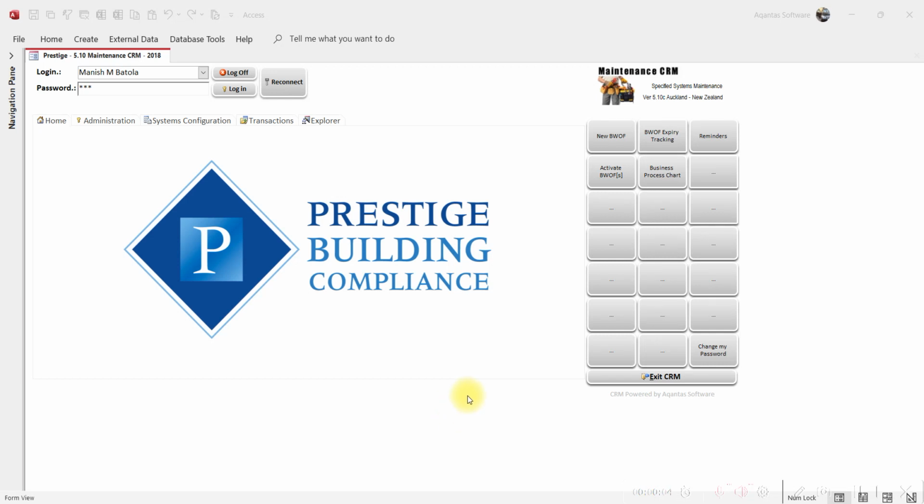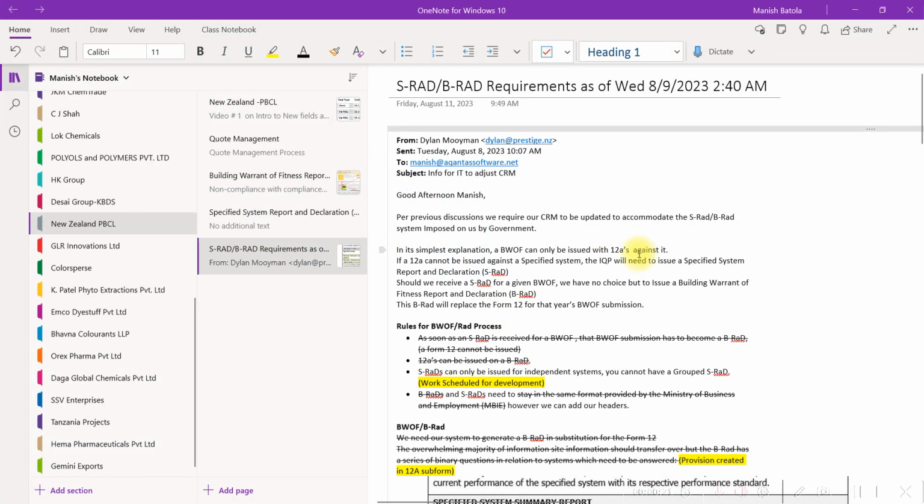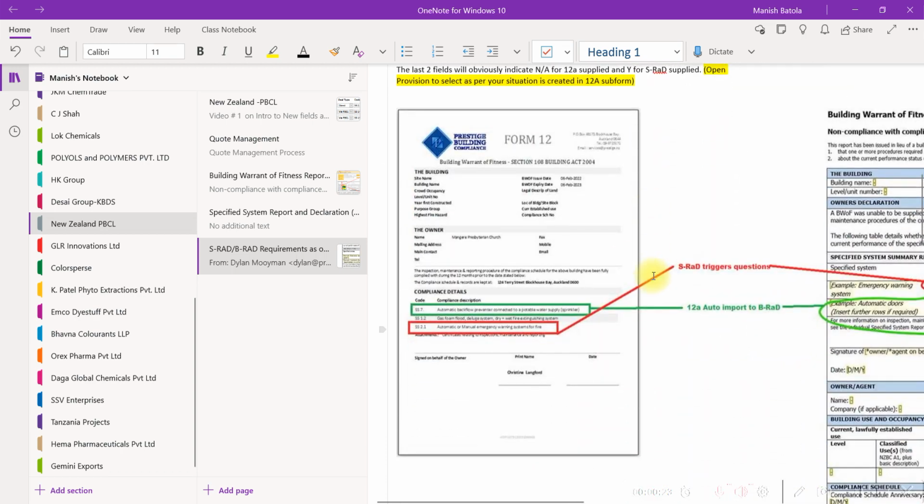Dylan, thank you so much for that mail which you sent me, because of which I could create a prototype for you all, just to guide me if everything is good to go so far. I'll just show you what I've done based on this last email which you sent me. Alright,